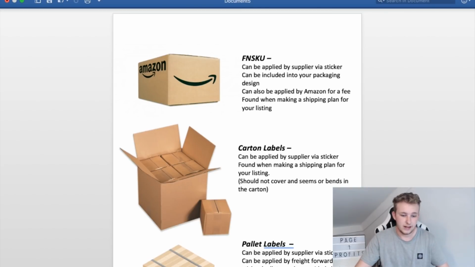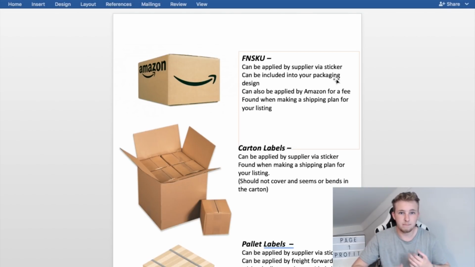Hello guys, so in this video we're going to be going through all the barcodes you need to start your Amazon FBA business. So we're going to talk about EAN and UPC barcodes, the FNSKU, the carton labels, the pallet labels, everything about them, where you find them, how they're used, who applies them, and then in the next slide